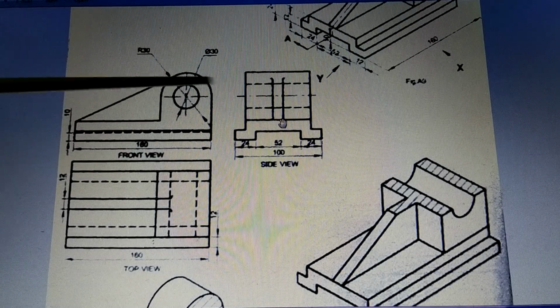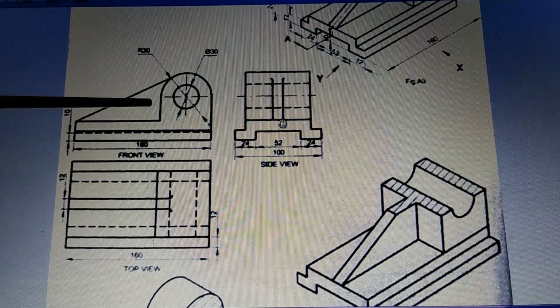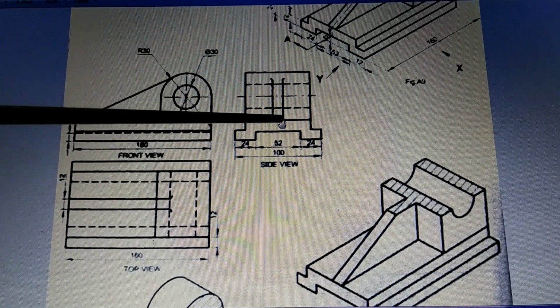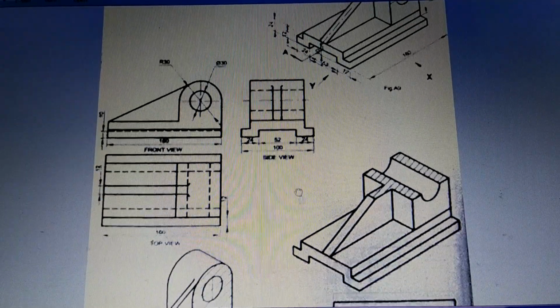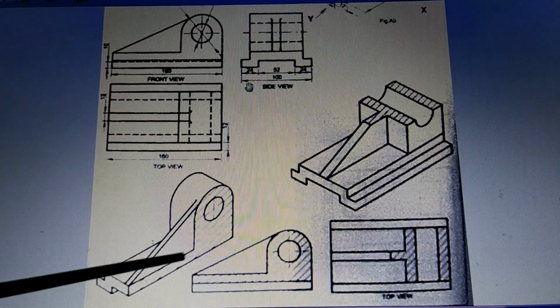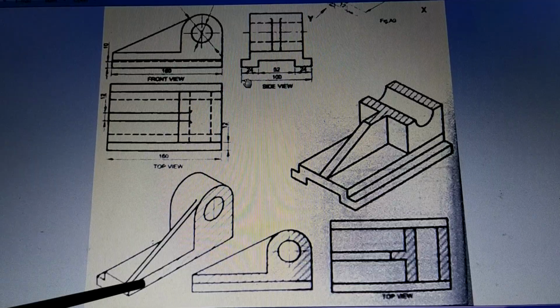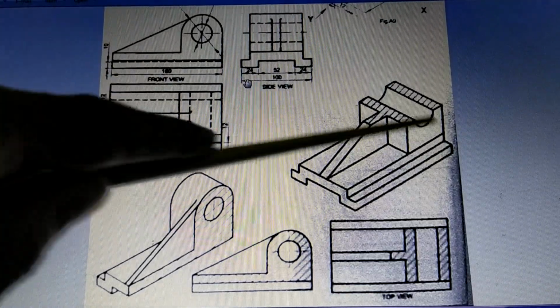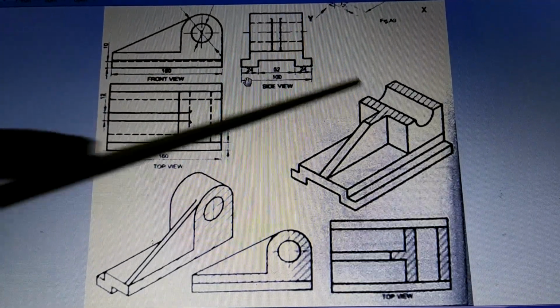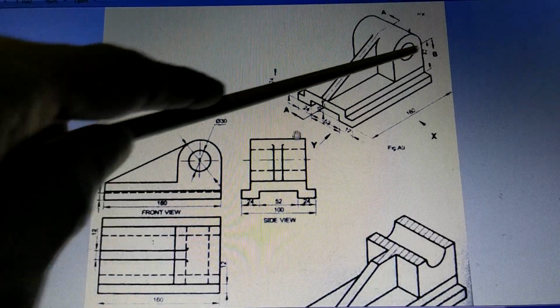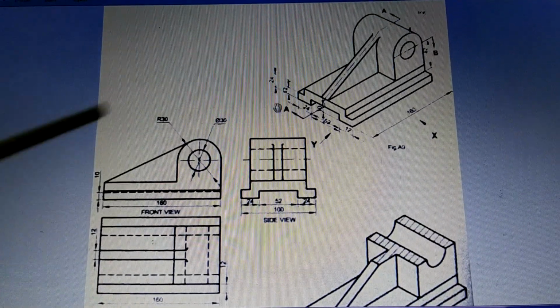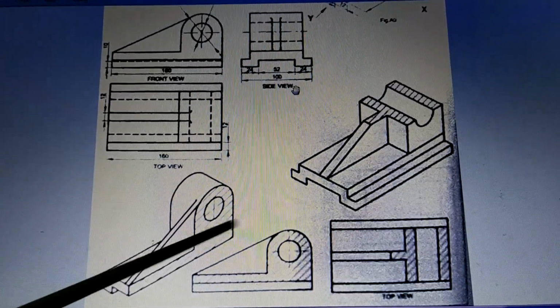Now these are the usual views, the normal front view, normal top view and the side view. But the object when it is cut along the vertical plane, this is the vertical cutting plane, section AA. This is the horizontal cutting plane, section BB. You can see here again, section BB from here, section AA from here. So AA and BB are shown like this.